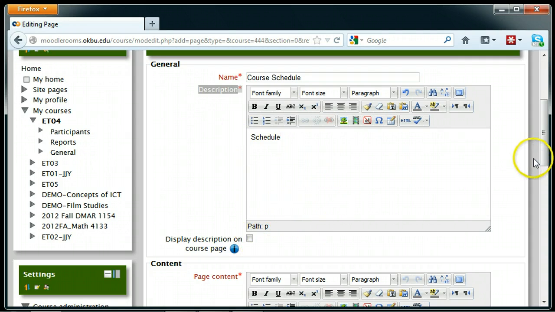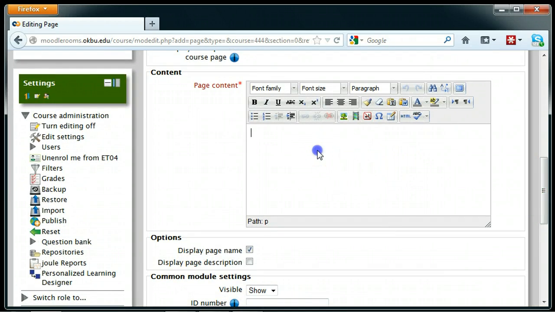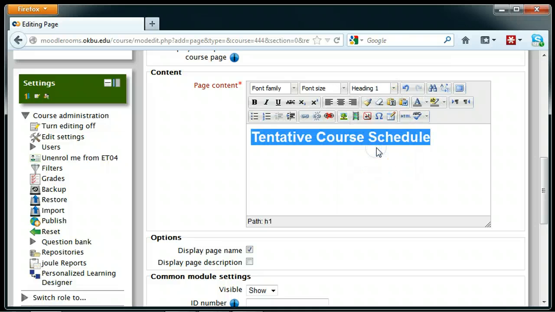So anyway, the description, you don't have to put anything in. Content is the meat of our content where we want to actually start typing something. So let's say tentative course schedule, and notice we've got a lot of editing icons up here, so I could highlight this and I could do all kinds of formatting for it. Maybe I want it to be a larger heading 1 format, maybe I want to center it, maybe I want to change the color of the text,